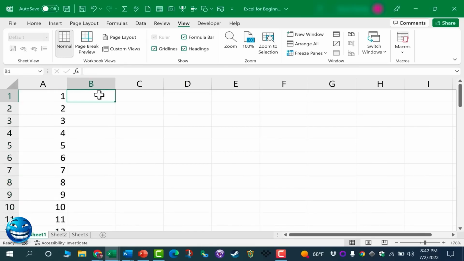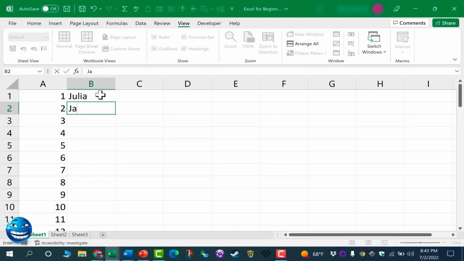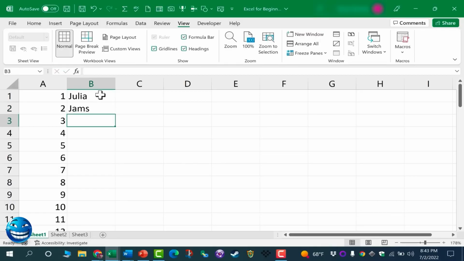Next, I'm going to click on cell B1 because I want to affect that cell, and I'll type the name of the first employee, and then I'll tap Enter, and again the active cell moves down the spreadsheet. I can type the next employee name, and I'm just going to use first names so that this goes faster, and the third name. Now, you'll notice I misspelled one of the names. This is supposed to be James, not Jams, so this gives me the opportunity to teach you a very important